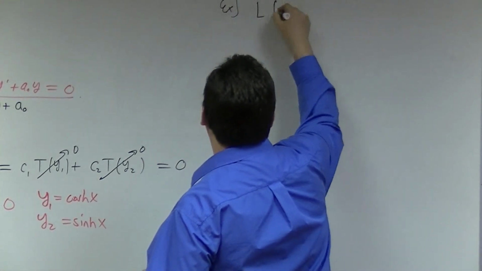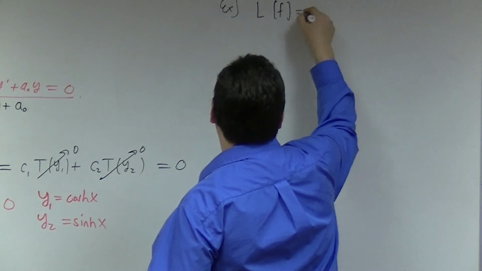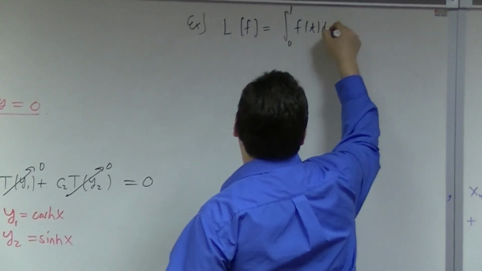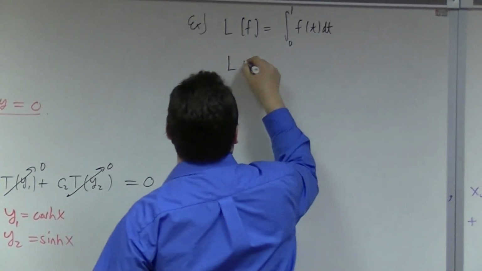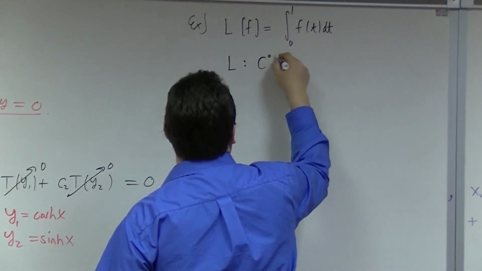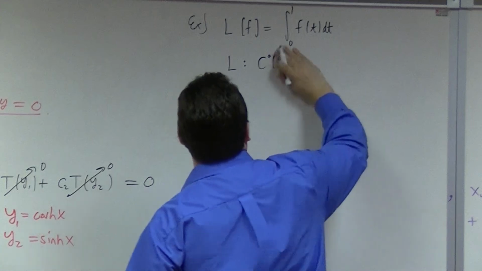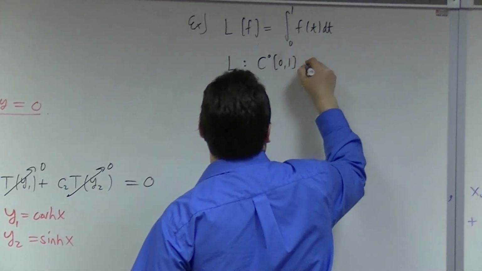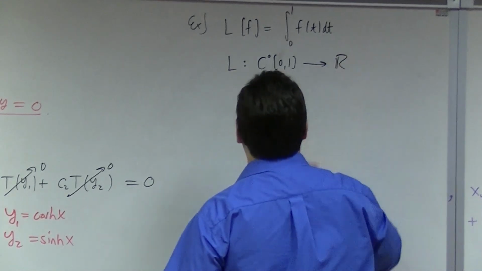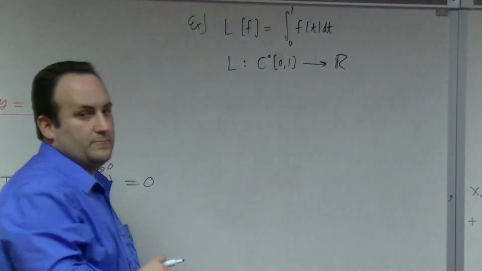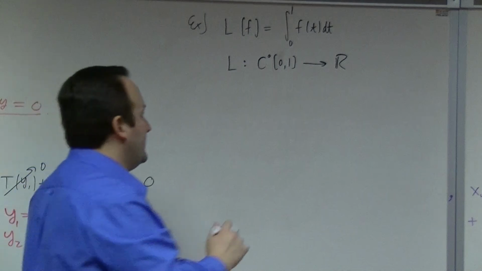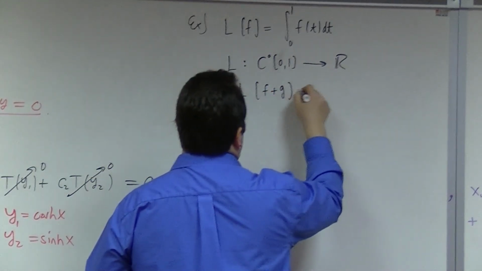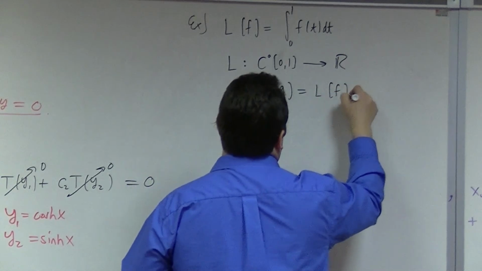So here's another one. L of f equals the integral, say, from 0 to 1 of f of t dt. So here L would be a mapping from continuous functions on the closed interval from 0 to 1 to the reals. You can easily check from properties of definite integrals that L of f plus L of g